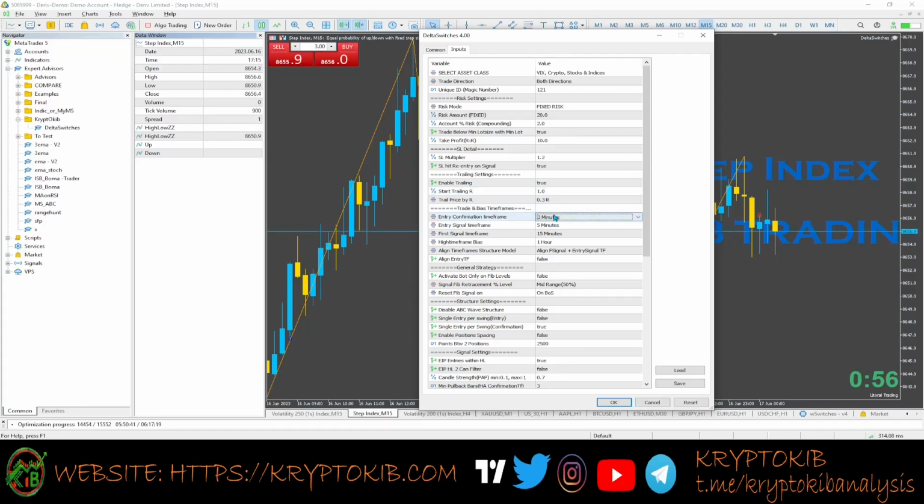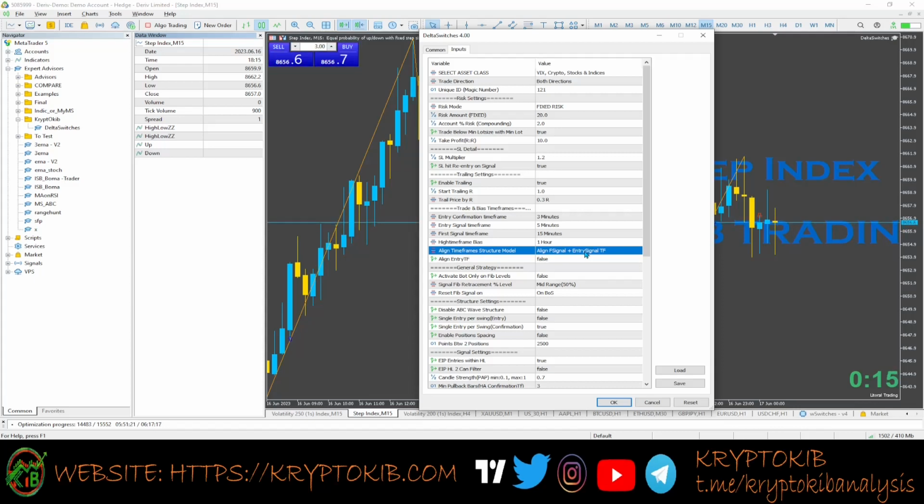Confirmation, entry confirmation time frame. This is the final time frame which we are going to look for to perfect our entry. As we can see here, we have 4 different time frames, which is 1, 2, 3, 4. It doesn't mean all these 4 time frames are used. It depends on the module which is selected here. We can use a total of 4 time frames together,